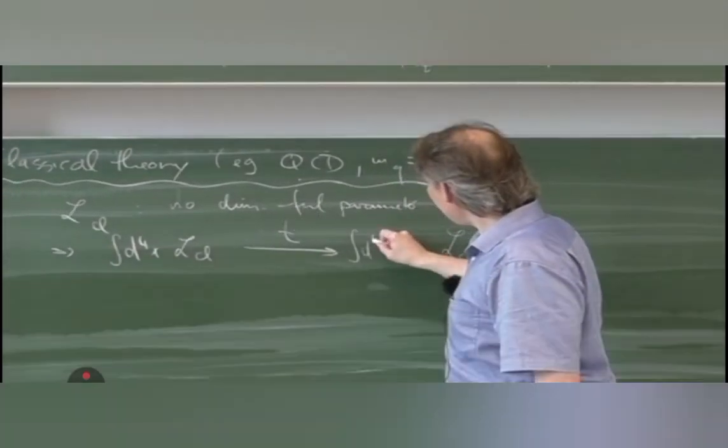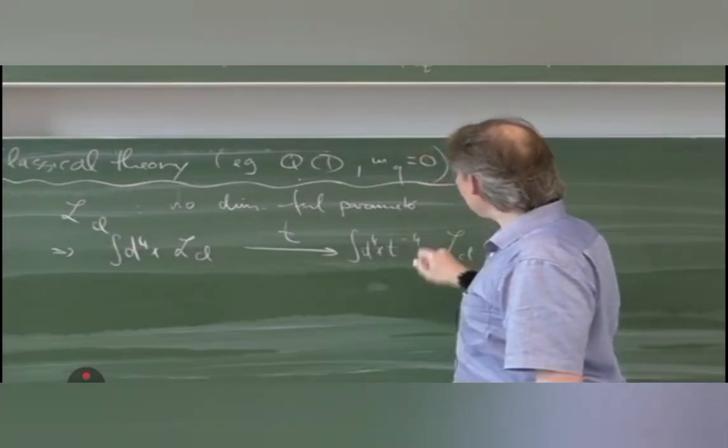The Lagrangian becomes itself times the positions scaling the opposite way, so lambda to the minus 4, therefore